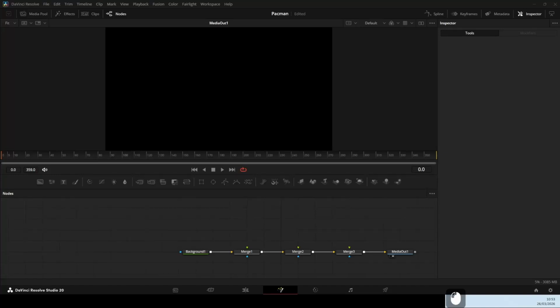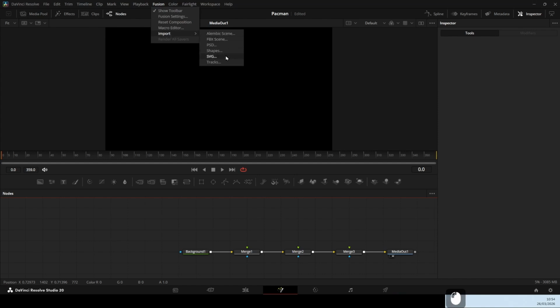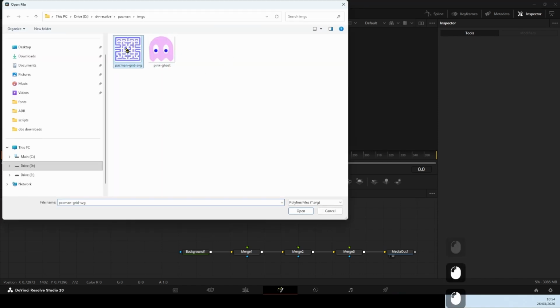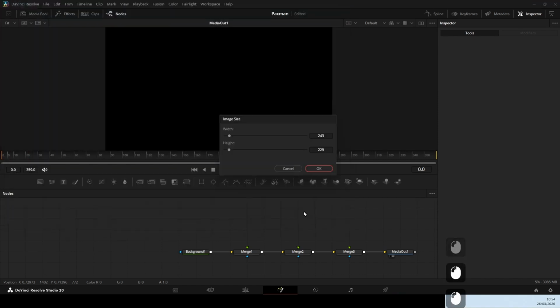Here's how I built Pacman. First we need to bring in the maze or grid that Pacman navigates. It's an SVG file I made in Affinity and exported as an SVG. Go into Fusion and then from the menu at the top choose Fusion, Import, SVG, select the grid, open it,